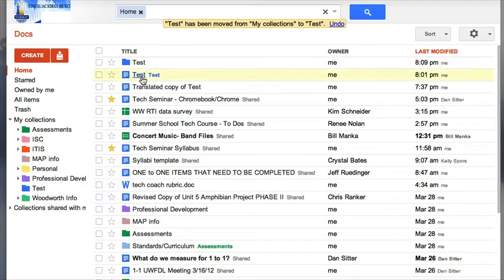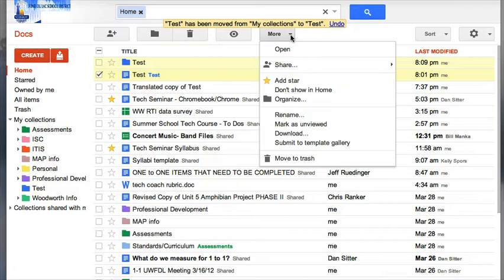Now you'll notice that it has the word test after it, and some of my other documents have words after them because they are placed into folders, and you'll notice that the color of my folder is the color of my text. Now after I place it into a folder, I can choose to not show it in my home screen because I have it in a collection. So I click on the box next to it, have a check mark, and then I'm going to go up to More,